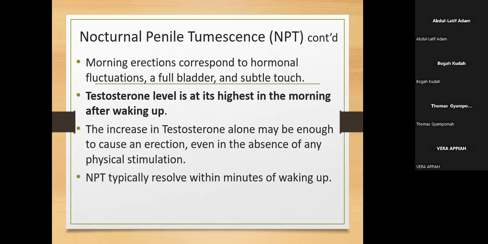As for age, I cannot put an exact age to it, but normally from 45 years going, testosterone levels will begin to go down. It's a known fact. As it begins to go down, your sexual drive, your libido, and all those sorts of things will also begin to dwindle. And for that matter, your nocturnal penile tumescence episodes are also likely to dwindle.